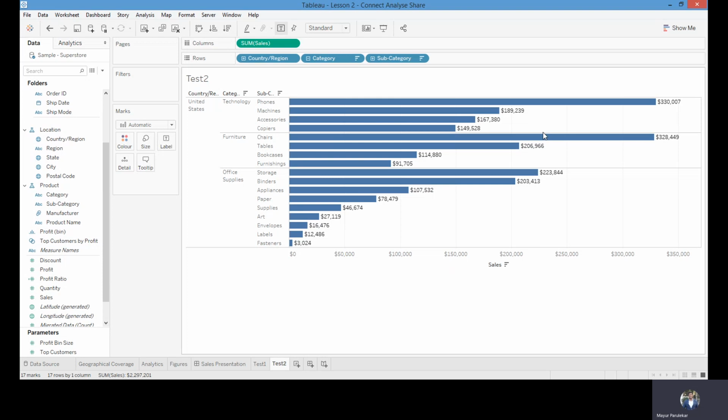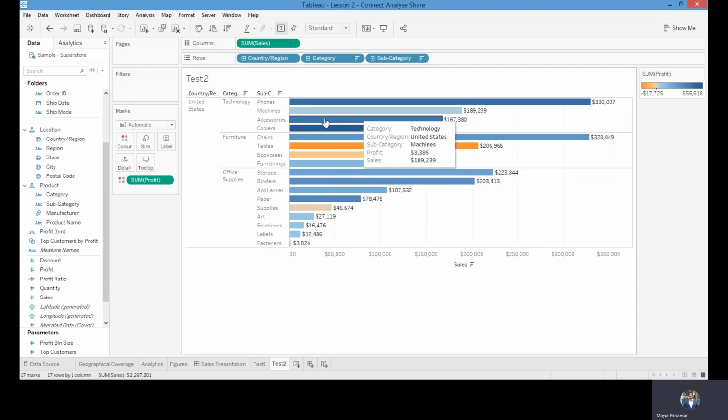Okay, now let us understand that I want to also add profits to this by using a visual cue. So what do I take? I take profit. You remember that you can take profit ratio, you can take discount. All of these are measures that you could use. As of right now, let's stick with profit at this particular point. All right, so the moment I take profit from here and add it to color, check what happens. Now can you see that though technology still remains the highest profit making category,